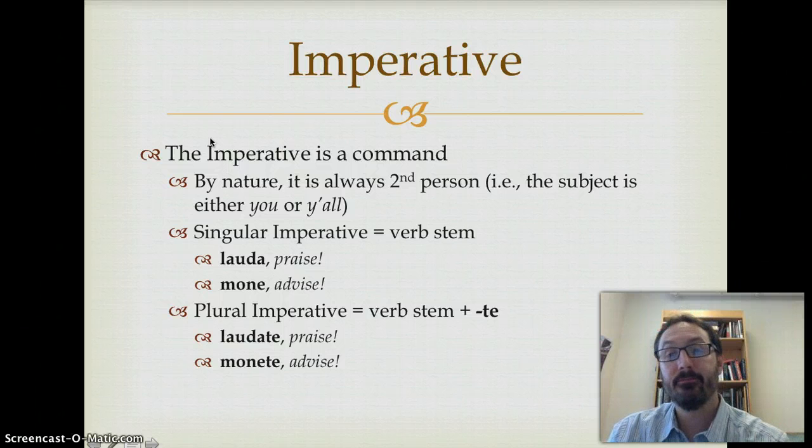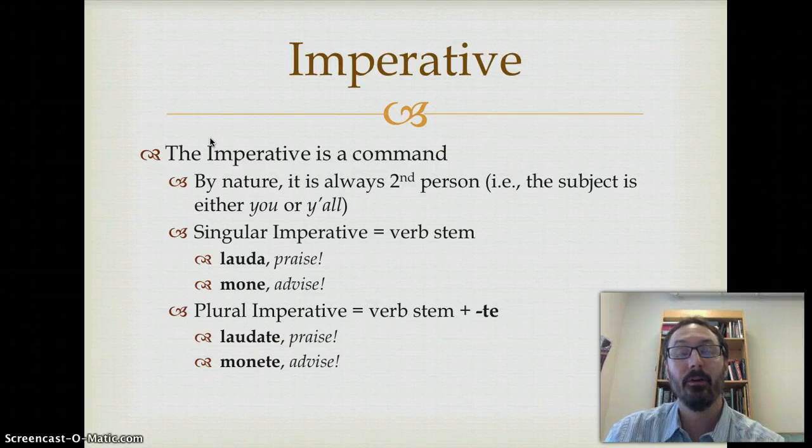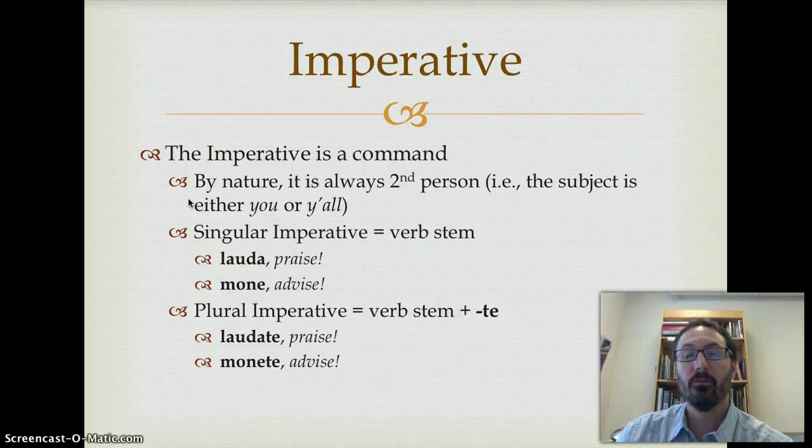The imperative is another form of the verb. As I mentioned before, this is a different mood. Right? The verbs we just conjugated were the indicative mood. This verb is the imperative mood. And the imperative is used when we want to give a command to someone. By its nature, it's always in the second person, because you're always giving a command to you or to a group of people, y'all. So it can either be second person singular or second person plural, depending on who the command is being given to.